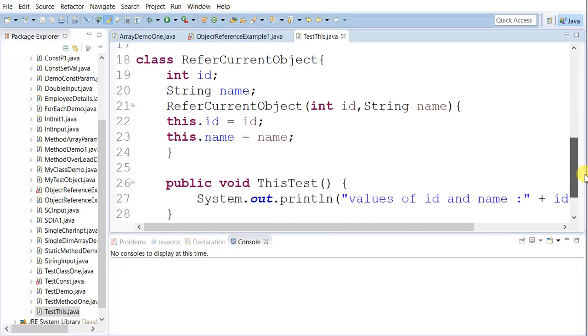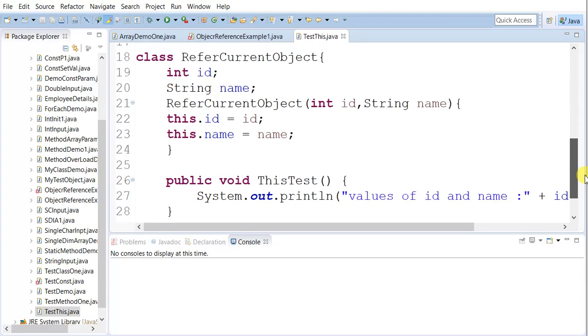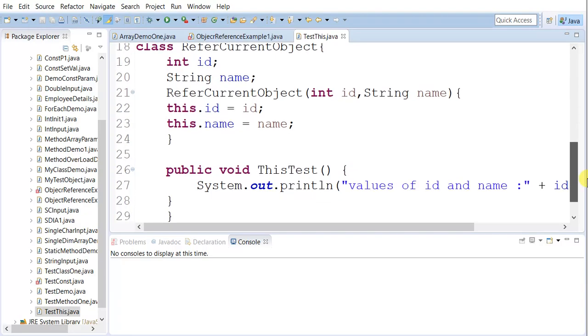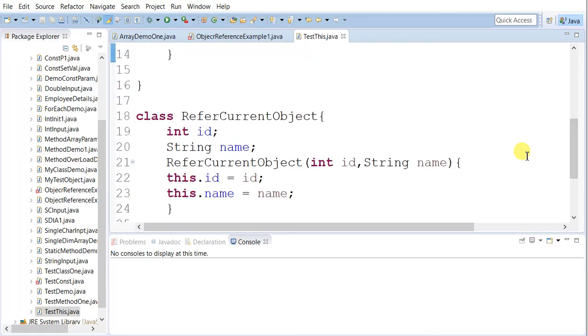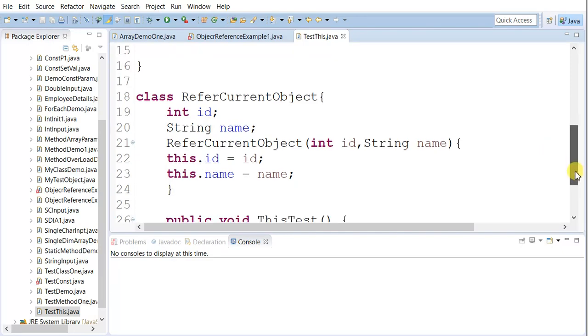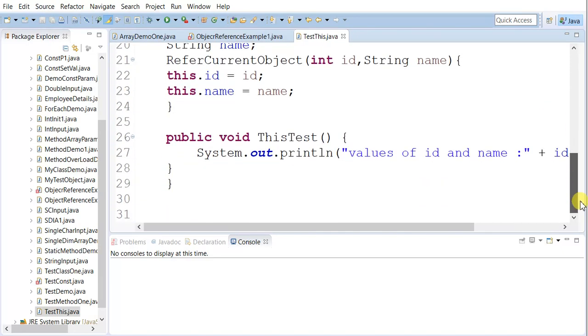The class name is refer current object, where members are ID and name, and we had a parameterized constructor. To access the current object we are using this dot id, because the object name and the variable name are the same. So to reduce the conflicts, we have to use this dot id equal to id, this dot name equal to name.